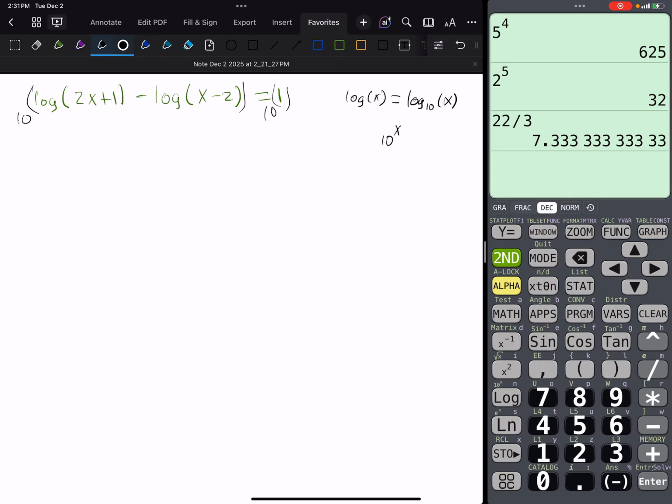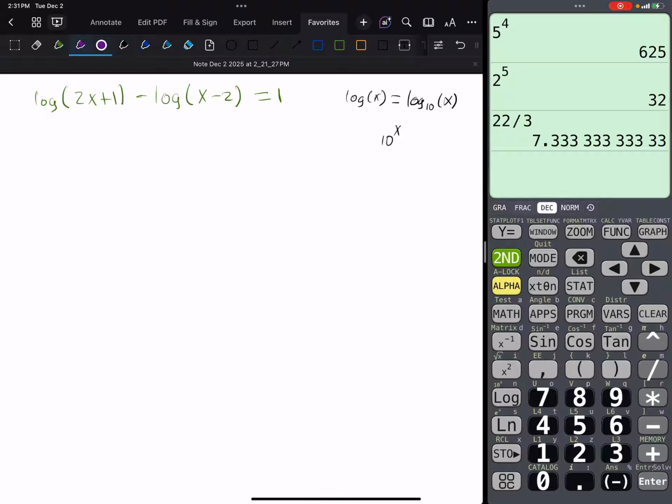Because that's not as friendly, right? I suppose I can, because then I could break that exponent up into 10 to the first one times 10 to the negative second one, and I'll get there eventually. I think it's just a little bit cleaner before I do that to use one of